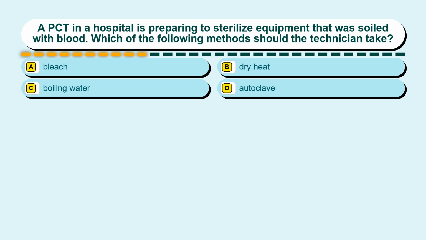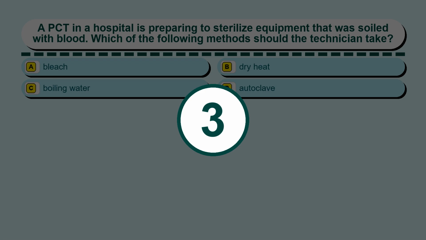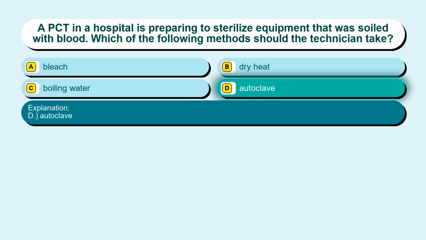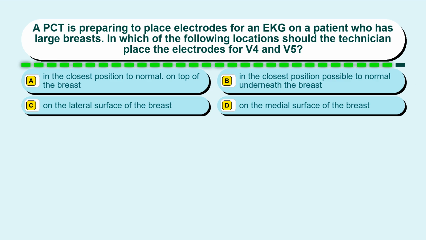Option A, bleach. Option B, dry heat. Option C, boiling water. Option D, autoclave. The correct answer is option D, autoclave. Question 23. A PCT is preparing to place electrodes for an EKG on a patient who has large